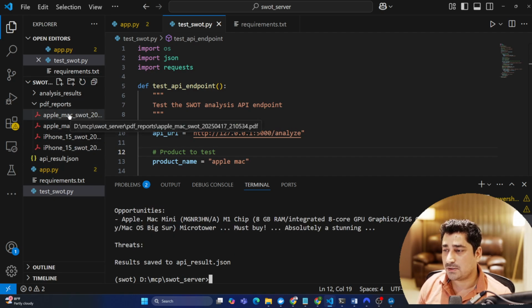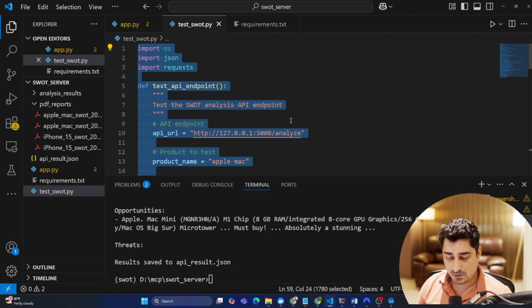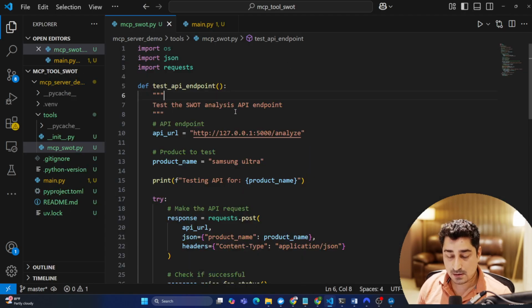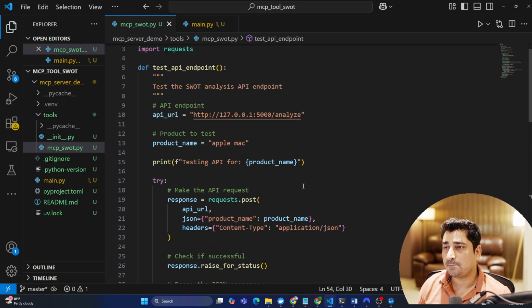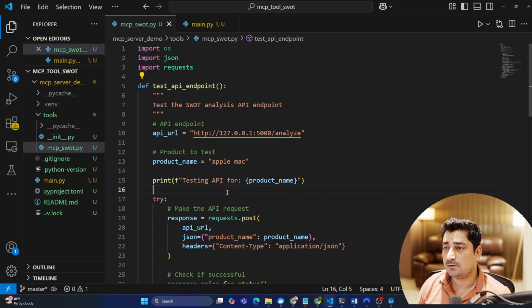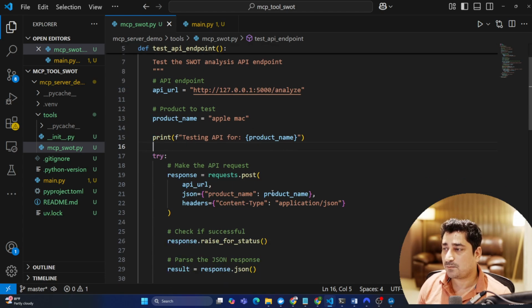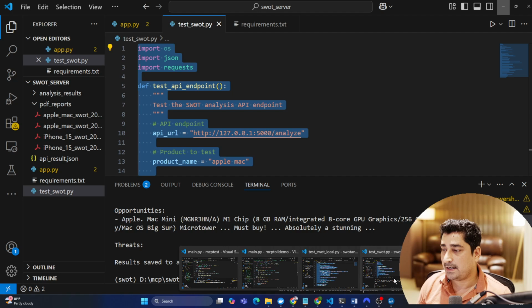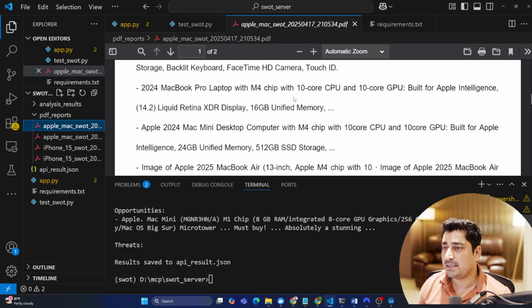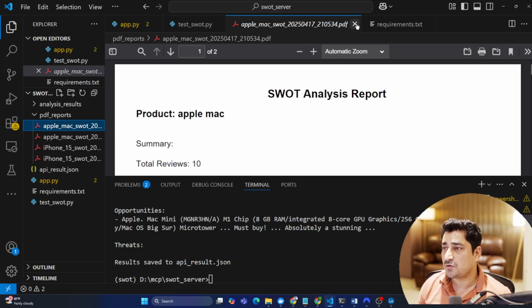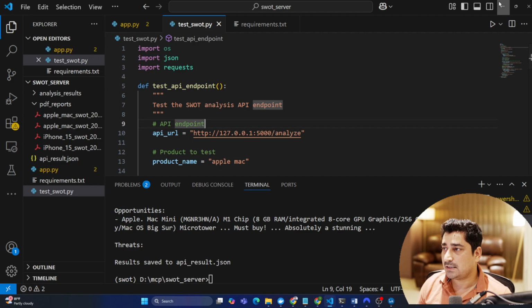So yeah, this is working completely fine. Copy the same and paste it. Okay, so this was working fine. I've just tested it, as you can see, right? So it is able to generate the Mac SWOT analysis report. It is able to generate this one. So maybe I can try to test the same